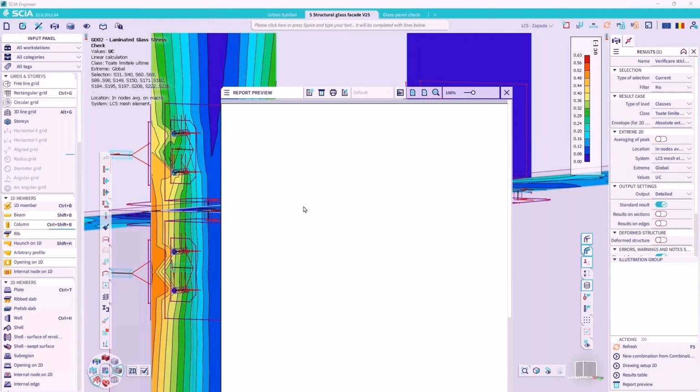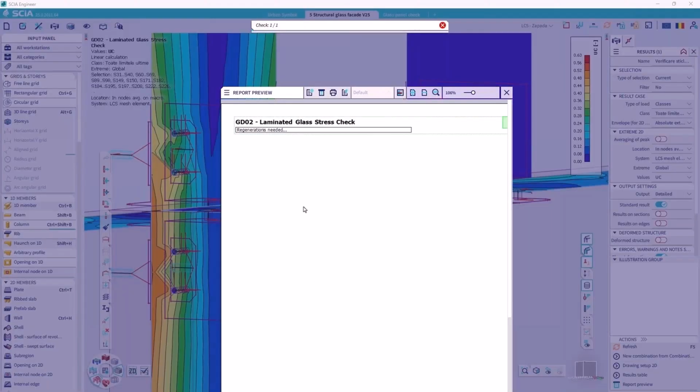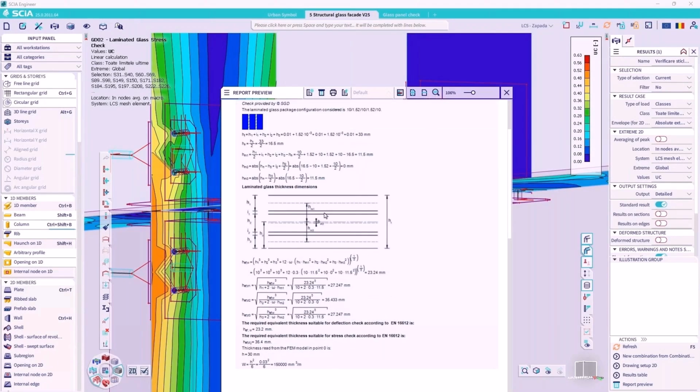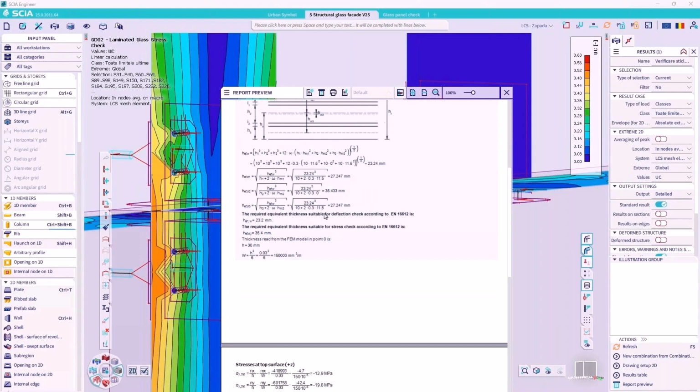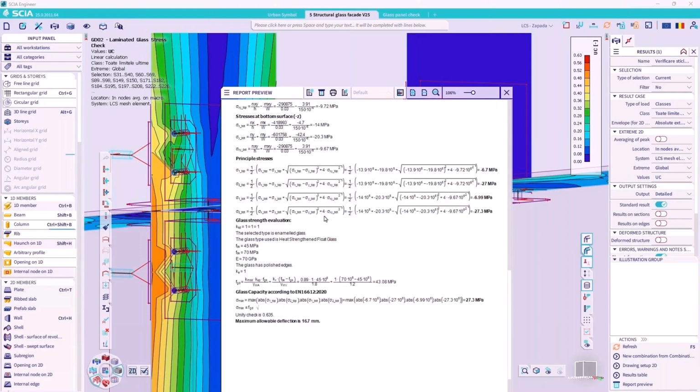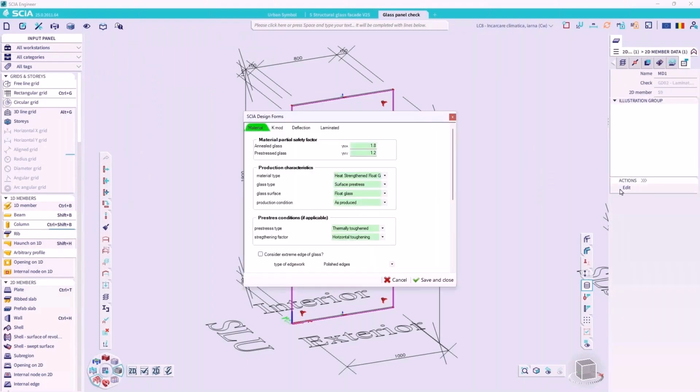And everything is integrated as well. So as you've seen, we didn't let SCIA make this kind of calculation. The report is very transparent, to be able to be compared with a hand calculation, or any consultant or checker to also sign our results. And with glass, we also covered